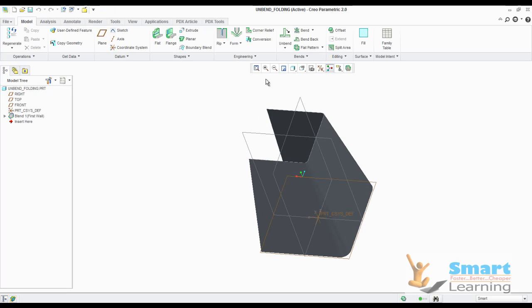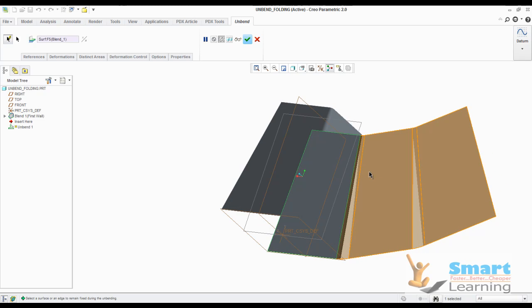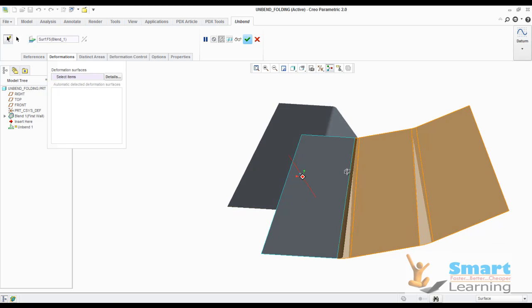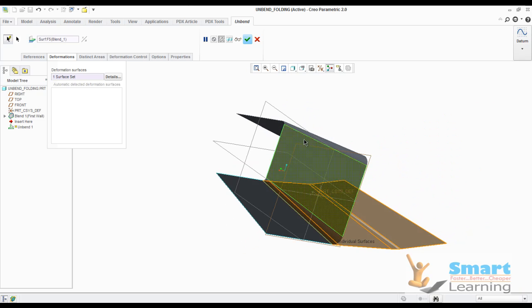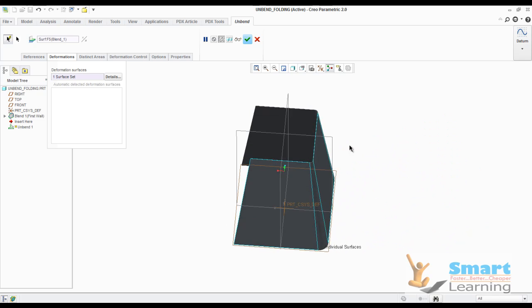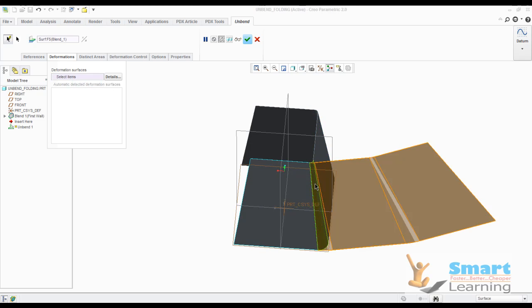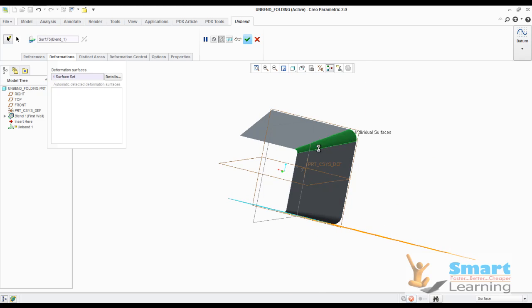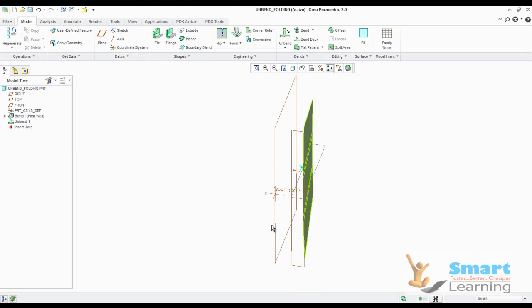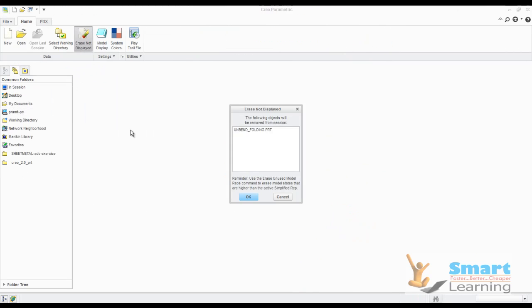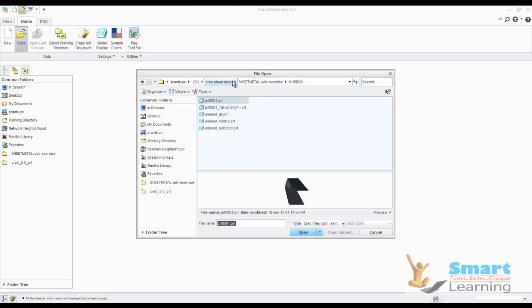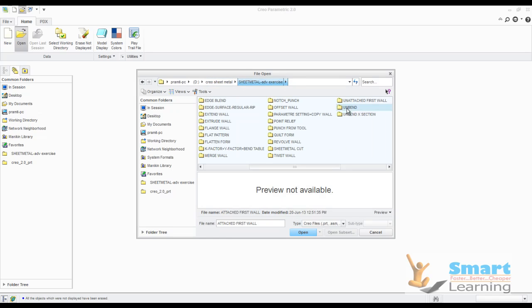If you directly want to use the unbend information here, you can directly see the flattened shape here. The deformation areas you can typically select here also. Based on that you can count the deform areas as per your requirement. So you can include or exclude a particular area for your deform area to be counted like this, and you can create this. Let us talk about another case where you may get difficulties while extracting your final output.